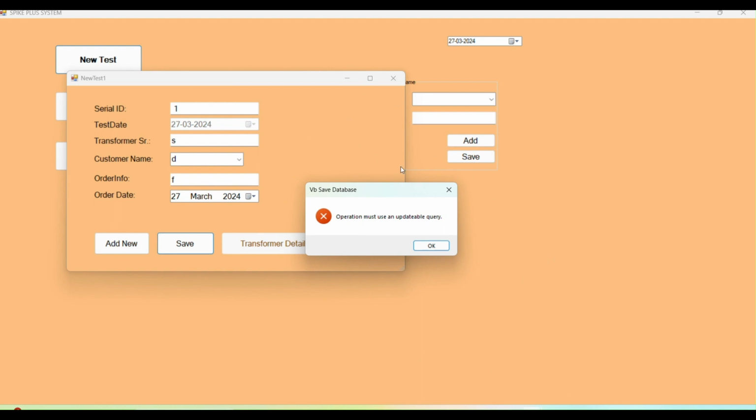in our software during installation: "Operation must use an updatable query." So this kind of error should be removed in one way. I am using Windows 11. If you are using Windows 10, sometimes it also shows this error there. But the best way we can do it